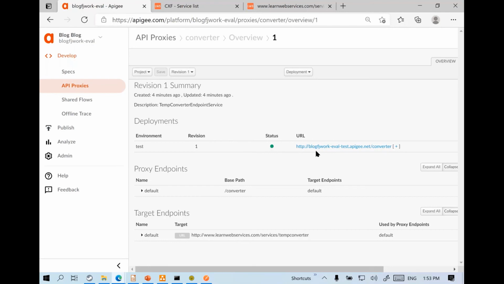So you can basically say that a certain client application should only be able to call it maybe 1,000 times per month, or maybe just 10 times per second. And likewise, you can also specify how many simultaneous requests can be made. So in order to control who should be able to call the service how many times, usually we package it as a product. So we publish this particular proxy as a product.